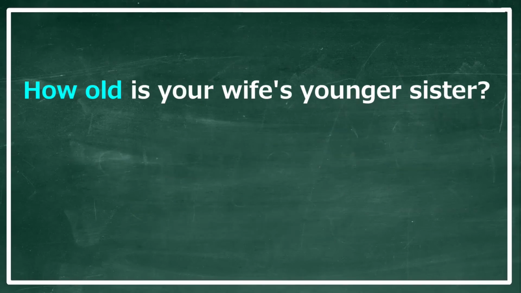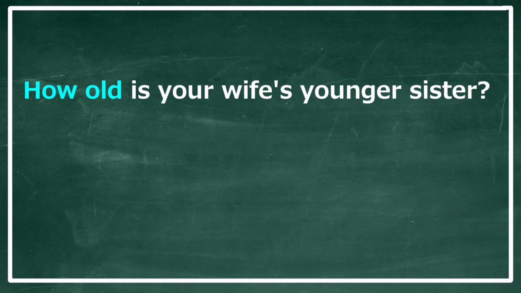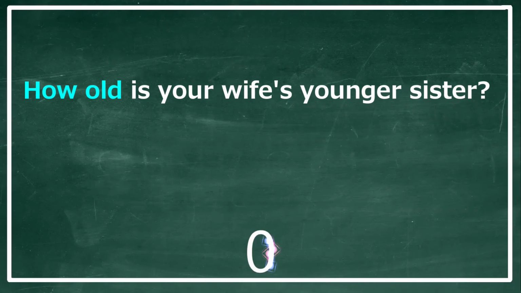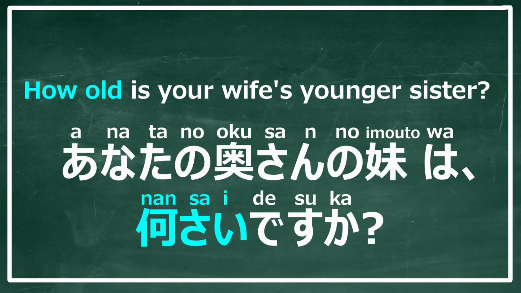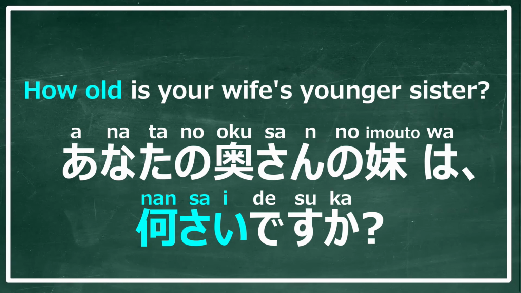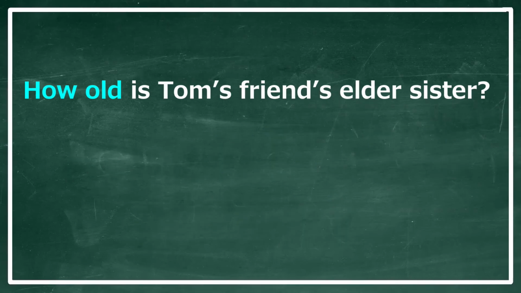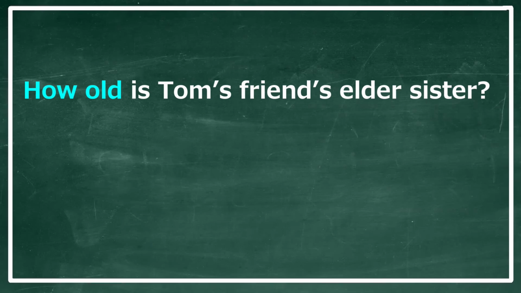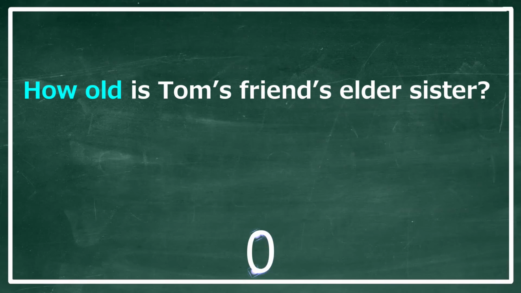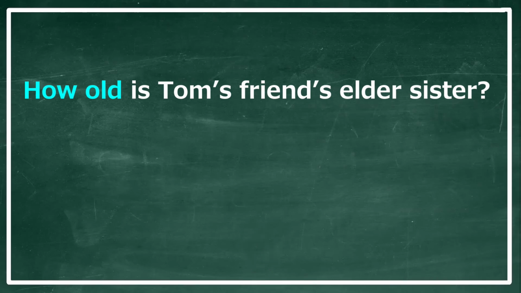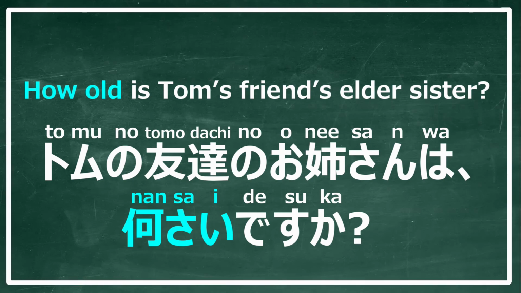How would you say, how old is your wife's younger sister in Japanese? 答えは The answer is あなたの奥さんの妹は何歳ですか？How would you say, how old is Tom's friend's elder sister in Japanese? 答えは The answer is トムの友達のお姉さんは何歳ですか？